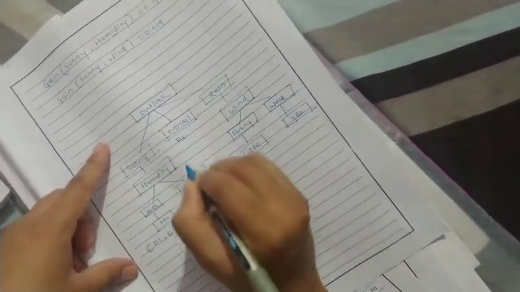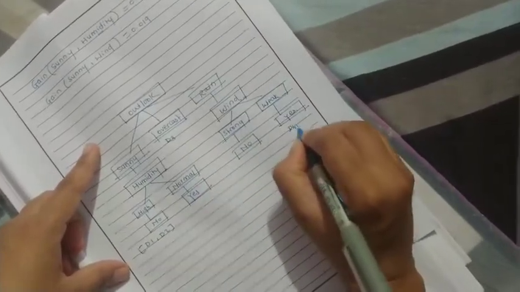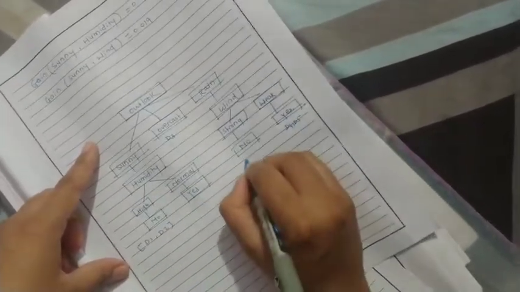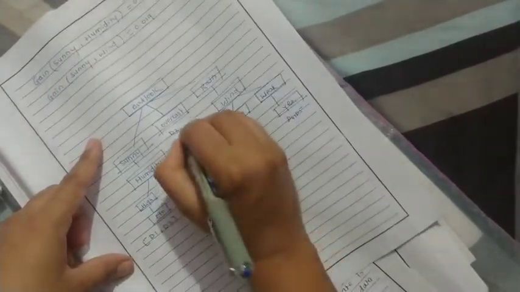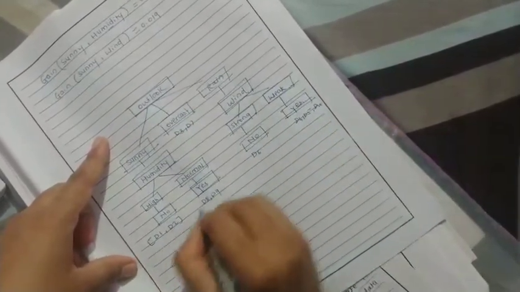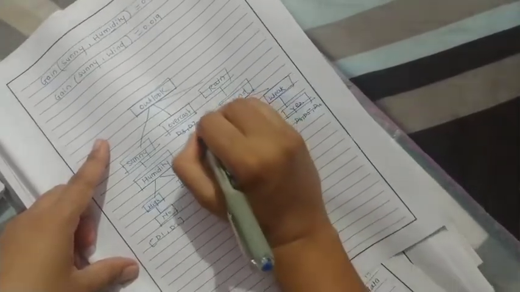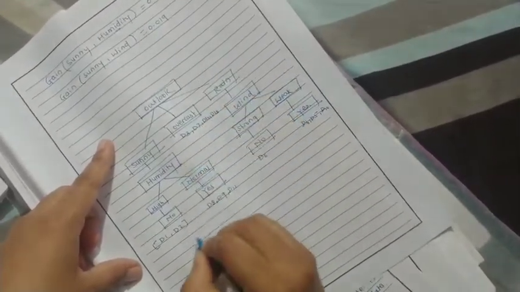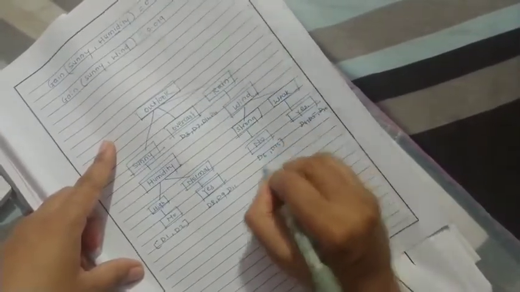Now we will write here which data instance is carrying these things. So by considering this, D1 and D2 will work on this hierarchy, then D3 will work here, D4 and D5 will work here, D6 here, D7 here, D8 and D9 here, D10 here, D11 here, D12 and D13 here, and D14 here.